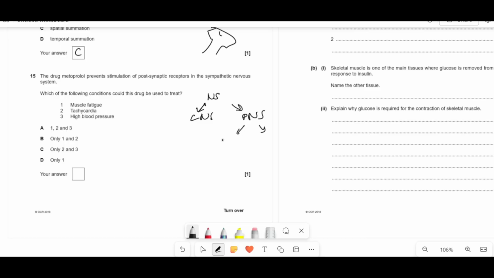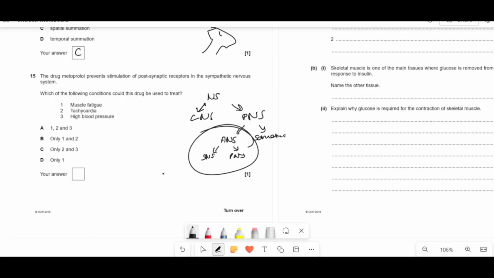This is then divided into your autonomic nervous system and then your somatic. Soma means body, so your body nervous system that you think about and you do. So if I'm writing this now, I'm using my somatic nervous system. The autonomic nervous system is all your automatic stuff that you don't think about, and that's your sympathetic and your